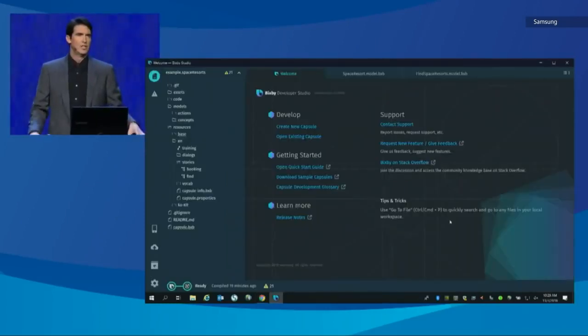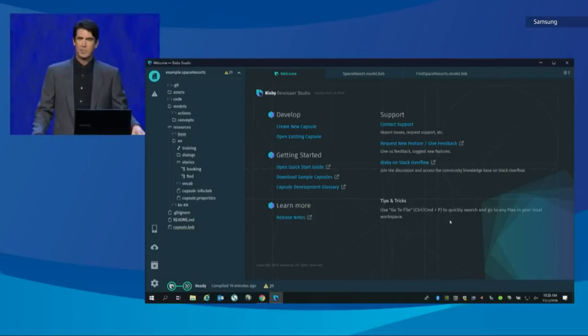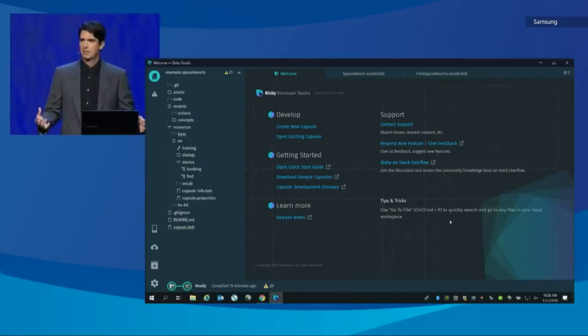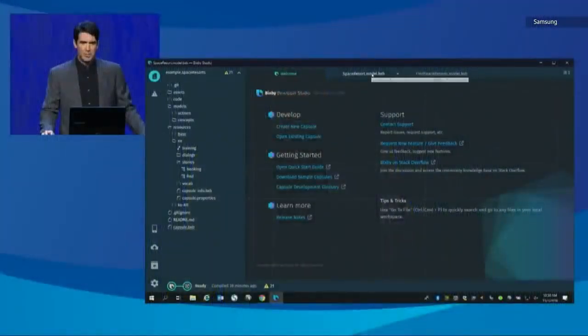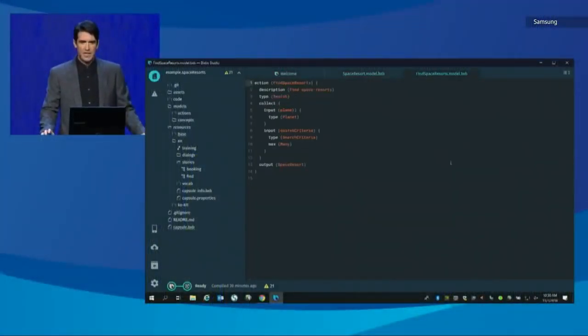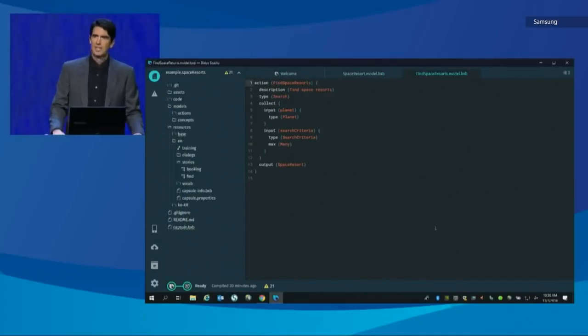As a developer, you extend Bixby's knowledge and capabilities by creating a capsule. Think of a capsule like a knowledge pack from the Matrix movies. When a user enables a capsule, their Bixby now knows about all of the capabilities defined for that service. To demonstrate this out-of-the-world technology, let's start with a space capsule that lets a user search for and make reservations at a space resort. With Bixby, you start by modeling the concepts and the actions for your domain, and then